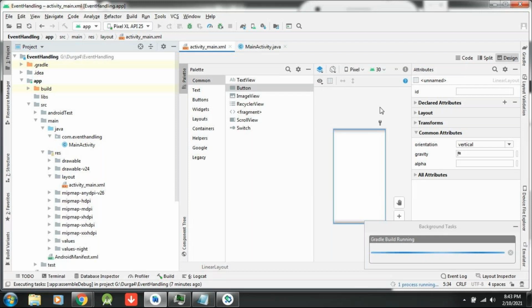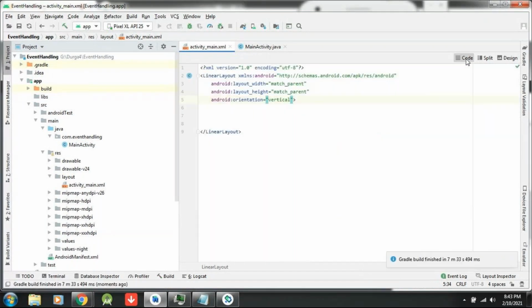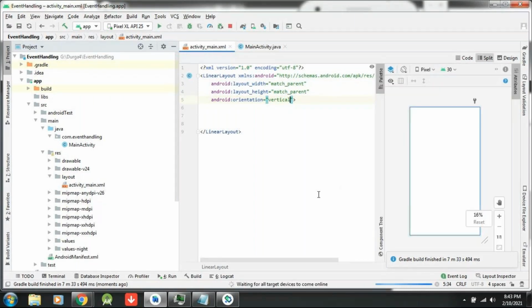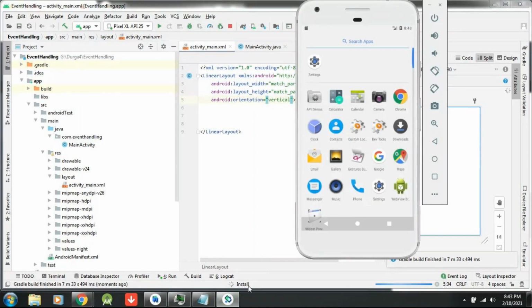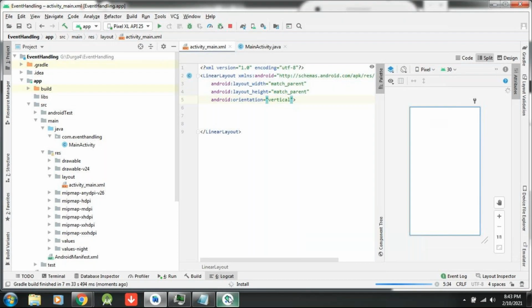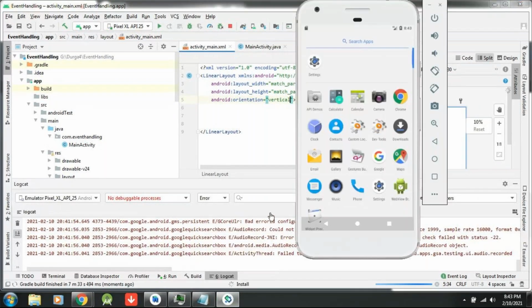Still Gradle build is running. Seven minutes. It is saying install. I'm expecting at least this time it has to install.